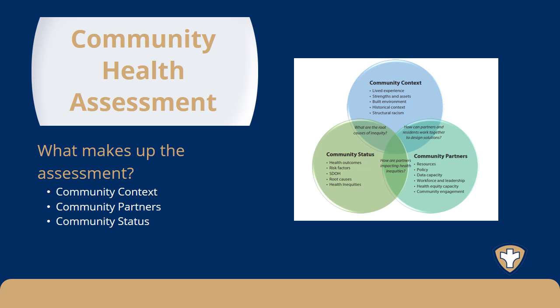When you have the support of partners, you can have resources. They can help to look at policy and examine whether or not there needs to be policy changes. They may be able to support data collection as well as workforce and leadership and looking at items through a health equity lens, which may look a little different for everyone. When we do these three assessments together, you can see there's overlapping areas. Based on these areas that overlap, we're able to really identify health priorities and see where there are areas that we could impact the health outcomes in our community.